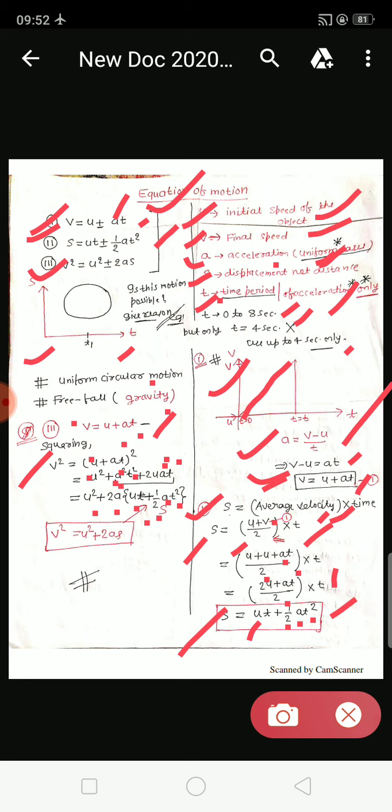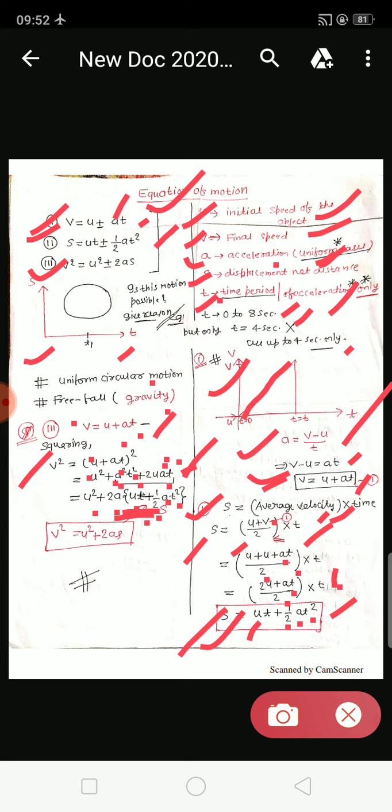The meaning of the bracket is that when you multiply them together, you should get this term; the reverse is there. Here what I did was solve this bracket and multiply. If I multiply this bracket completely, then I should get this term. So here you have got it: 2a I have taken common, from here u into t is there and here 1/2 into a t square is there. So ut plus half a t square, what is this? Second equation, s equal to ut plus half a t square.